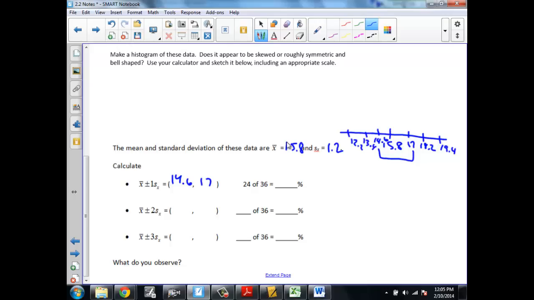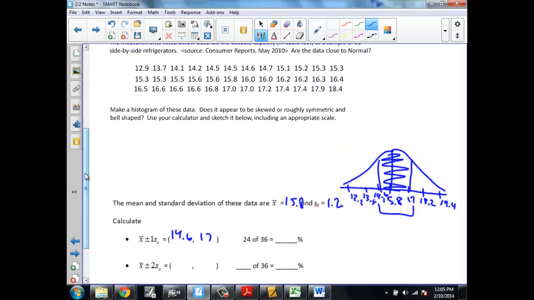If this is my mean in the middle, it goes from 14.6 to 17. This was my first standard deviation. So I'm like, how many values lie between 14.6 and 17? So I come up here, and between 14.6 and 17, if I count those all up, I have